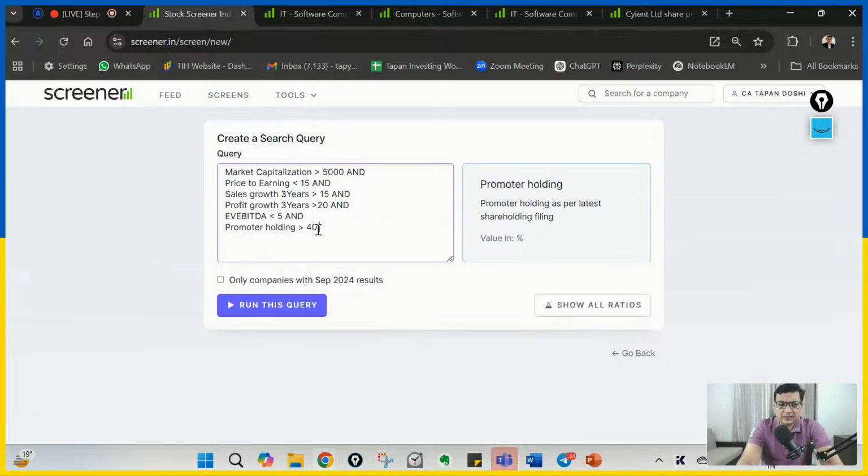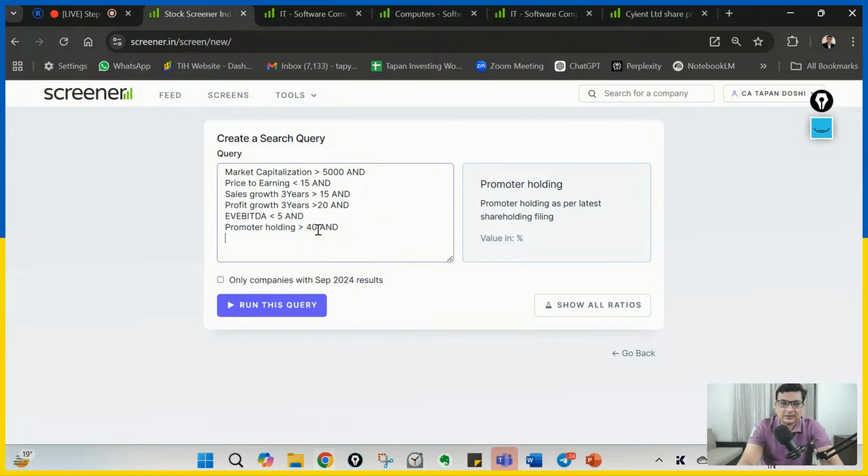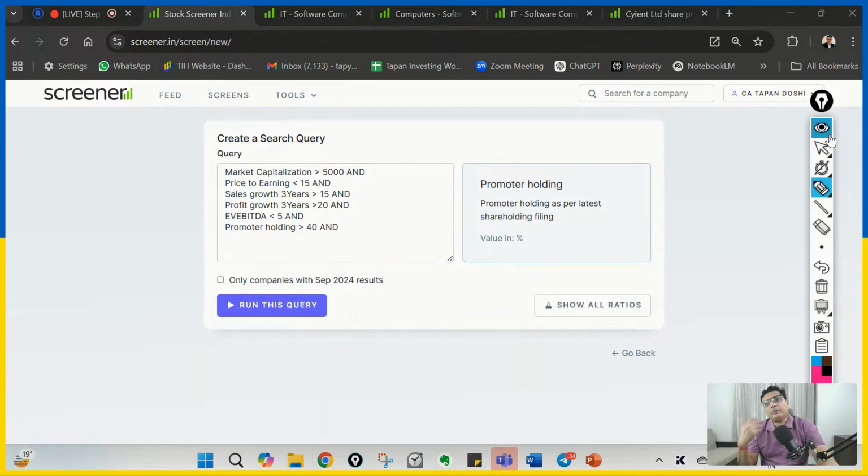Okay, and then AND. ठीक है, or similarly if you want to put anything else. प्राइस टू सेल्स भी आप डाल सकते हो, लेकिन वो सब डालने की कोई जरूरत नहीं लग रहा है. ठीक है, आई थिंक इतना अभी रखते हैं. देन इफ यू वांट टू ऐड, यू कैन ऐड इट. नाउ व्हाट यू हैव टू डू, वंस यू पुट वॉट एवर पैरामीटर्स, जितने ज्यादा पैरामीटर्स डालोगे उतना वो स्क्वीज करेगा,